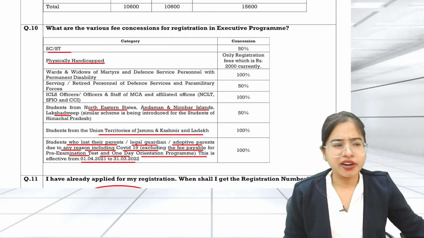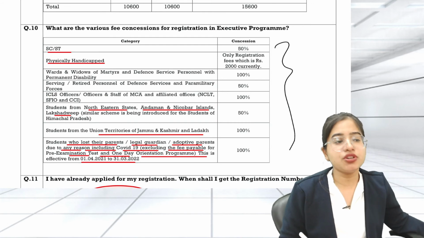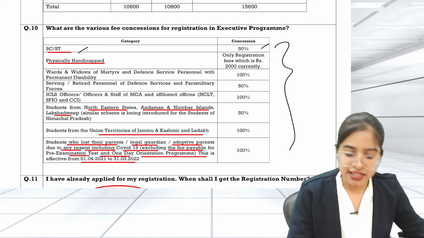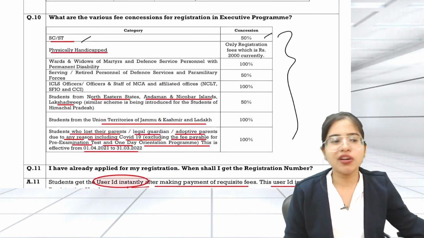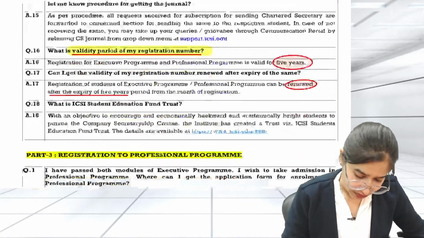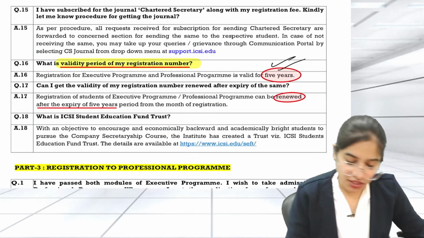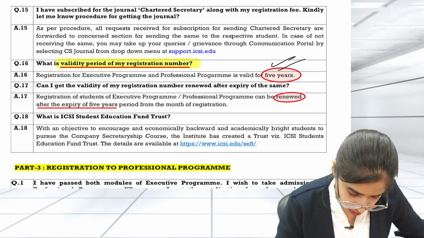Fee structure you already know, and you already know that there are some exemptions and concessions given to various reserved categories. Like SC and ST are given 50% exemption in the fees. So you need this only if you belong to a reserved category. Okay. This I've already told you, that your CS executive registration will be valid for 5 years. Apart from this, I want to tell you one more thing,